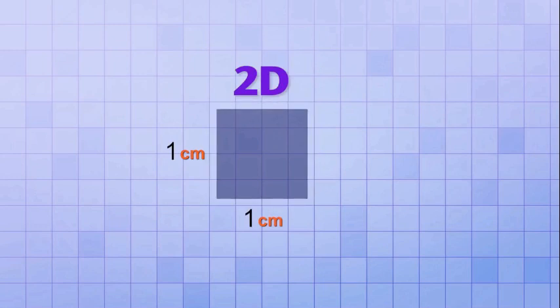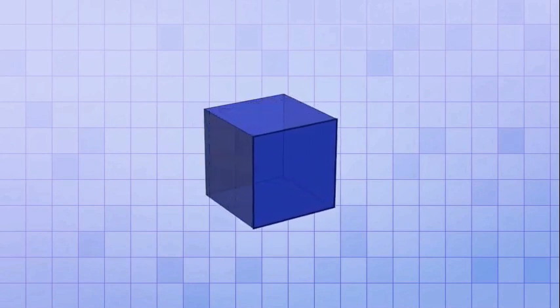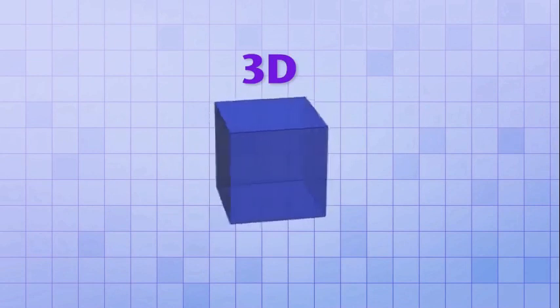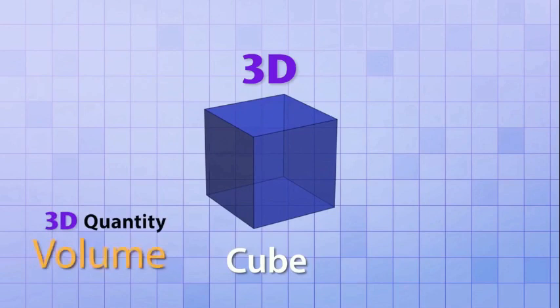So at the start of the video, let us see how a two-dimensional object is made. You can see that we have just extended perpendicularly a length to get a two-dimensional shape, which is a 2D quantity called area. Now this area was 1 centimeter square. Again, if we extend this area again for the same length, 1 centimeter, then we are going to get a three-dimensional shape called a cube, and it's a 3D quantity and it represents the volume.